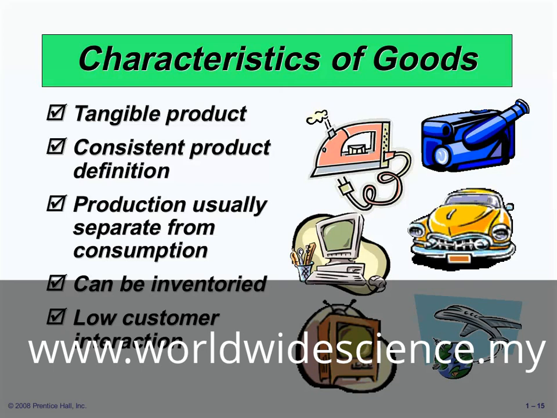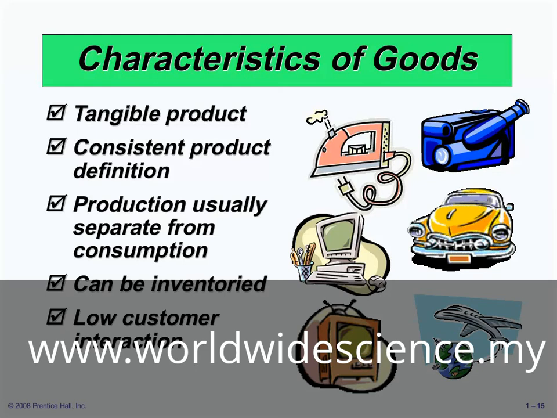The goods can be inventoried. In manufacturing companies that are producing goods, after production they can transfer into inventory. The goods can be held in inventory in the store because they are physical. For example, as I told you, the camera, the laptop, the airplane, they can be held in a store, and after that they can be sold